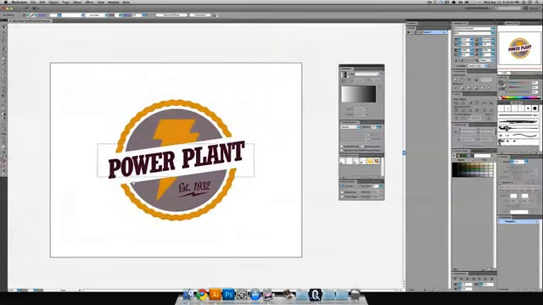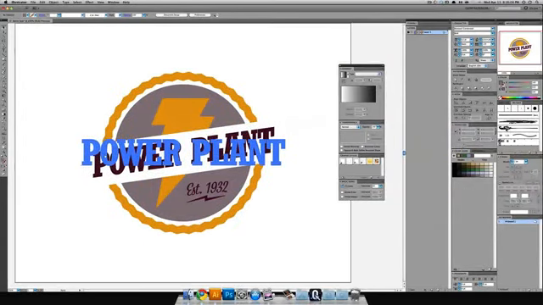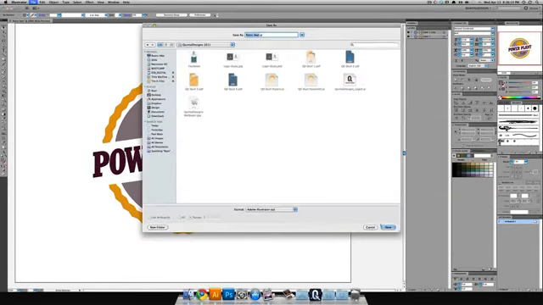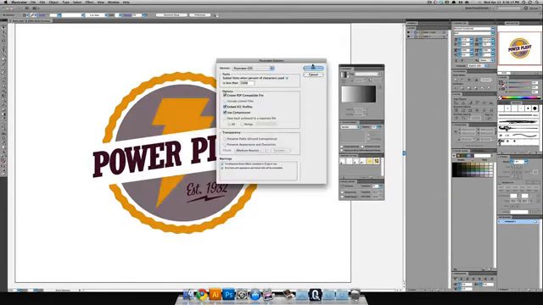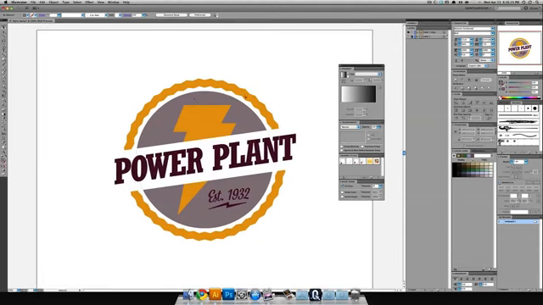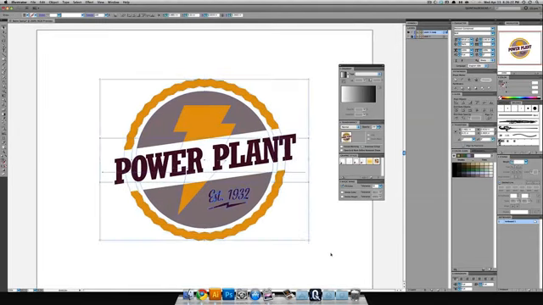Now that we've added color to our logo here, we're going to do a couple things. We're going to make a duplicate of this layer so we don't lose our original work. And save if you haven't already. In fact, I'll do that now. And just hide layer 1, lock it down so you don't do anything to it. Now our next layer, we're going to copy this with Command C, and we're going to do a Command F